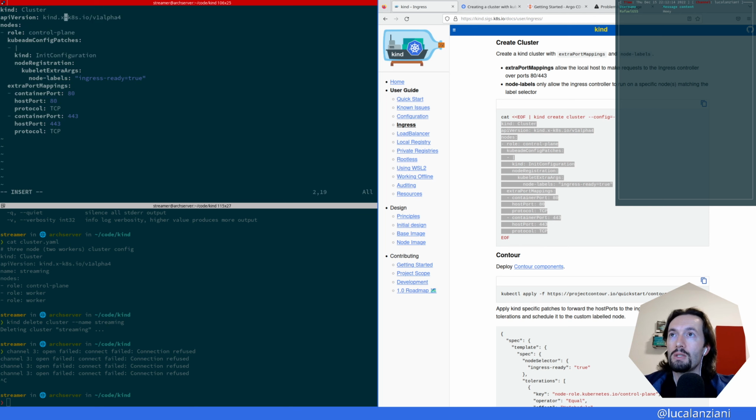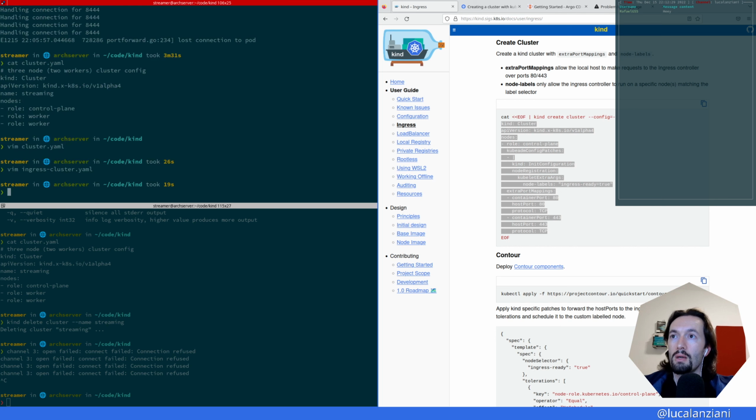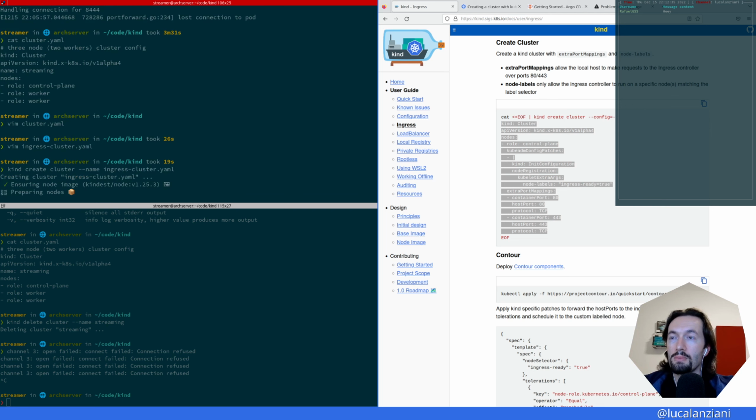Again, I want this to have a name. I'm still not sure why they don't pass the name by default. Maybe they want the name to be present or passed from the outside. So name kind-ingress. And if I do kind create cluster --name ingress-cluster,